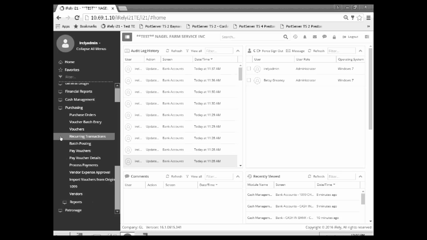Purchasing, like I said once again, is more or less your payables. You don't use purchase orders. That has nothing to do with you guys. The voucher batch entry, you can go in and enter a bunch of them all at one time,